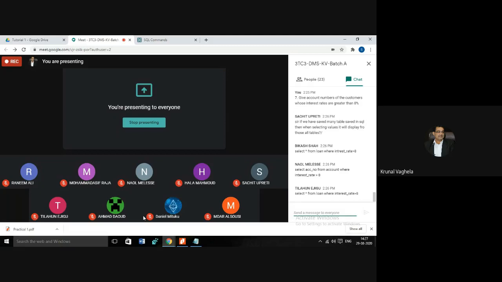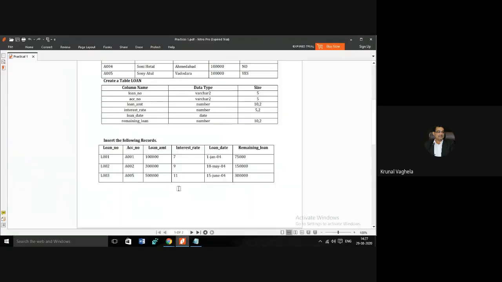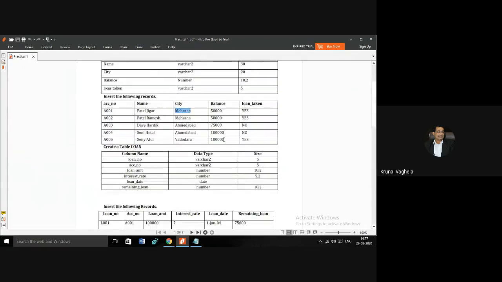Select account number from account where interest rate greater than 8. Now you are missing something. You tell me, is the interest rate column there in the account table or not? Interest rate is not a column of account. See, there is no interest rate.